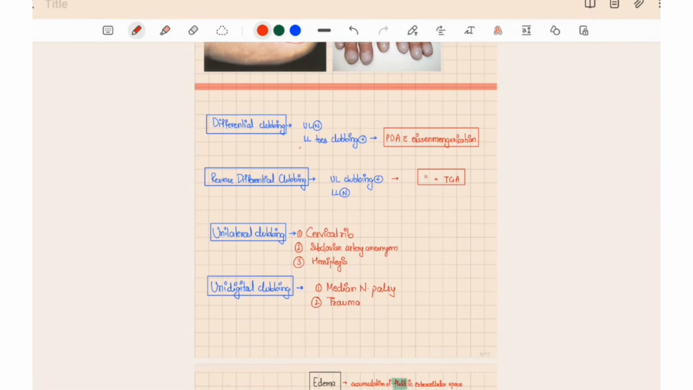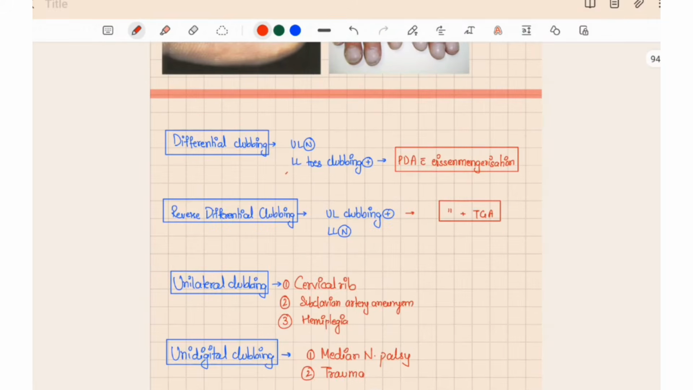Now there are some peculiar things that you need to know, like the differential clubbing and the reverse differential clubbing. These are similar to the differential and reverse differential cyanosis. Like in case of differential cyanosis, there was lower limb cyanosis present. Similarly, due to same mechanism, that cyanosis happened due to hypoxia. Due to that hypoxia, proliferation would have occurred, leading to clubbing of the lower limb,